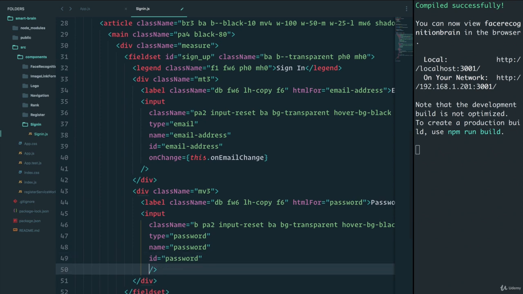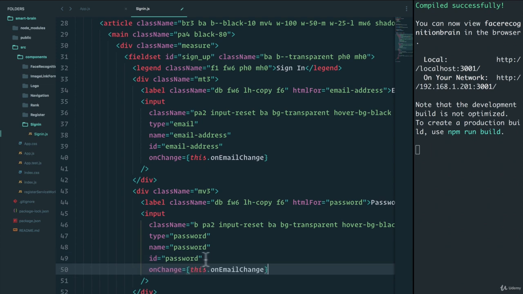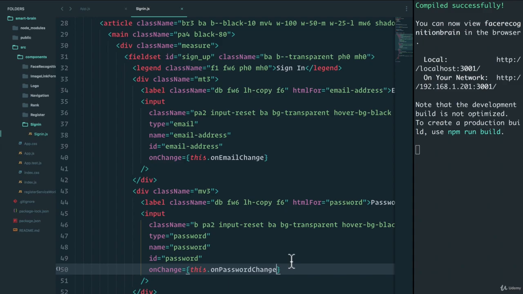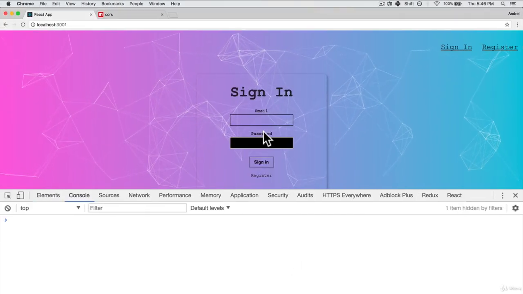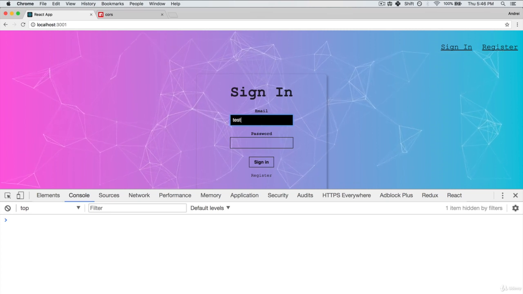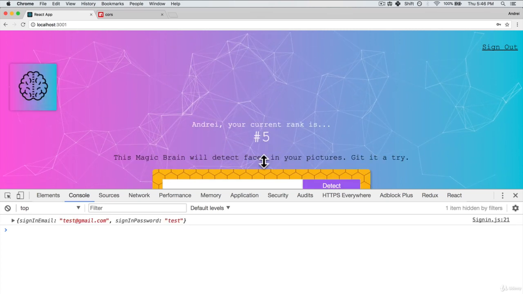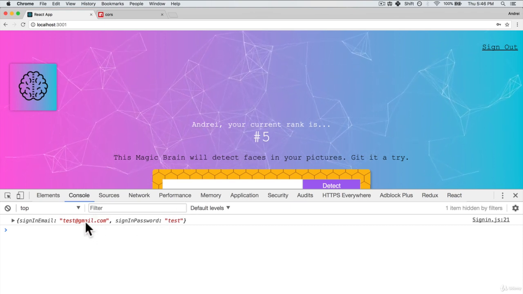will have a similar thing, except instead of having on email change, we'll have on password change. Let's try that out again. Test@gmail.com, test, sign in. All right, we have this information, which is great. Now we can send this